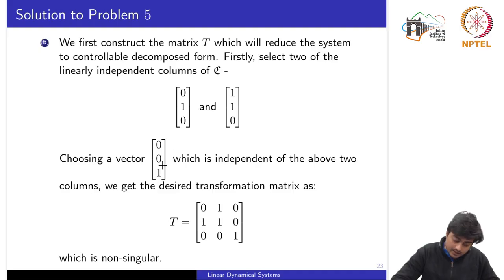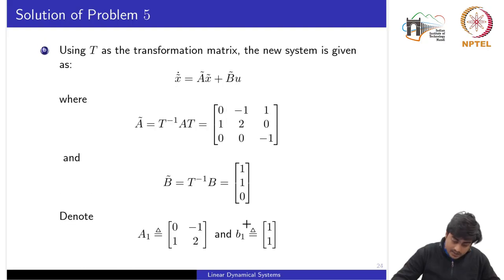and we can select another vector, so that all these three vectors become linearly independent. So the third vector is 0, 0, 1, and then writing all these three vectors would give us a T matrix which is non-singular because all the vectors are linearly independent. Now using this T matrix and using the same formulas for the transformation, we can compute these two matrices A tilde and B tilde,